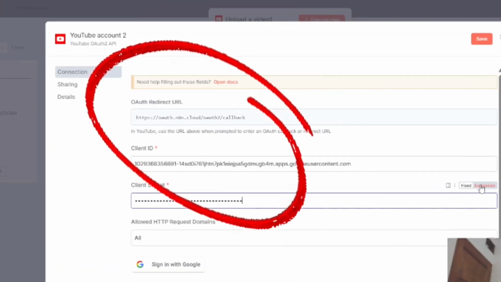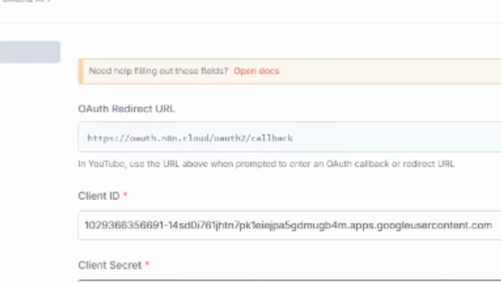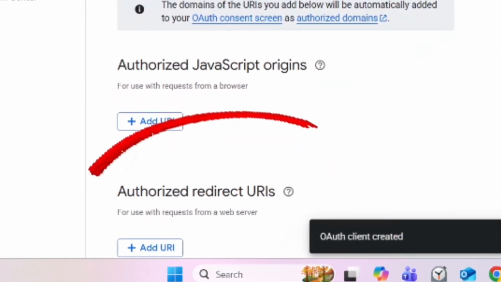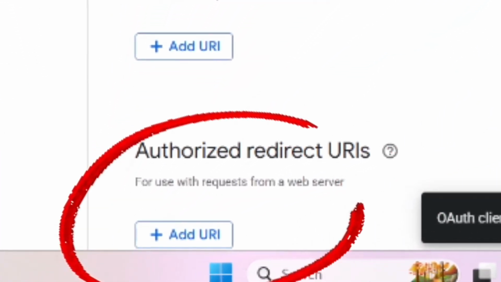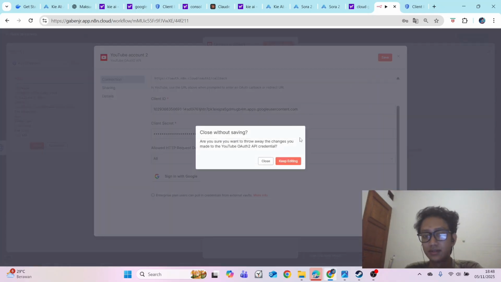Before continuing, you need to copy your OAuth redirect URL to the authorized redirect URL and just paste it. After that, you can sign in with your Google account. Okay, and then you click save and you close.